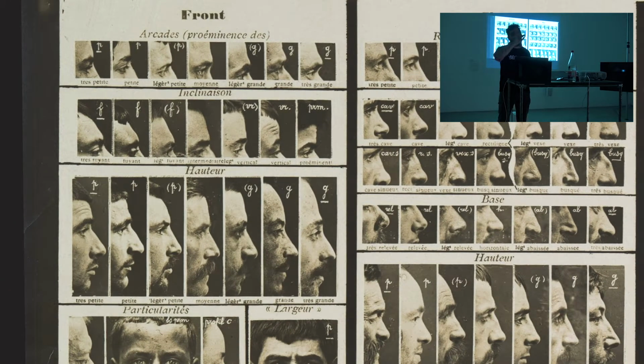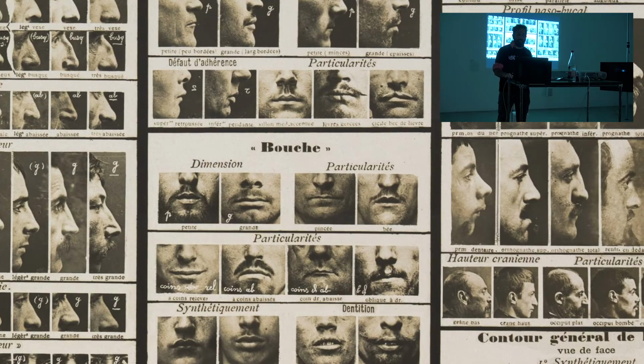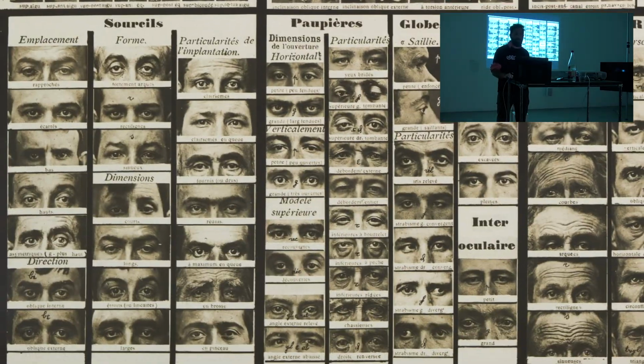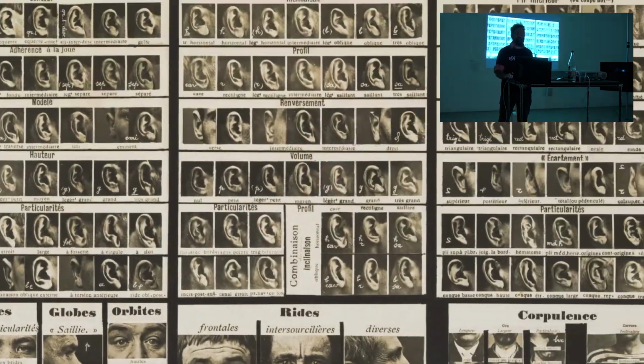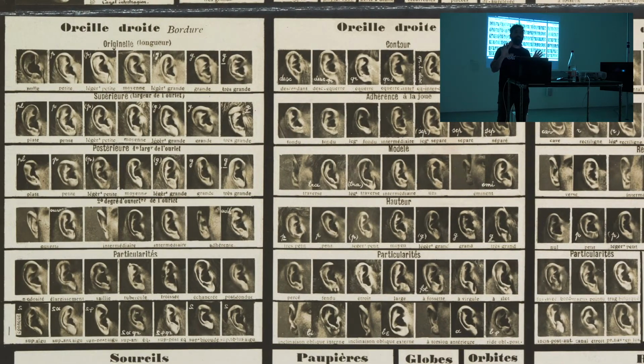So he looked for different types of noses, different types of mouths, different types of eyes, different types of ears, many different types of ears. He was really into ears. He was kind of sinking into the ear in a way. For him, it was amazing. Oh, so many types of ears, and then for him, every one of these things was an archetype for an